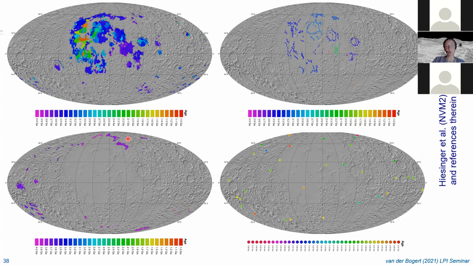You can also, for example, look at the distribution of light plains and their ages, with the aim towards trying to figure out really what the origin of the light plains is. Are they all originating from a single basin impact? For example, do they all originate from Oriental ejecta or Imbrium ejecta? Or do we have a mingling of material that's basin ejecta from many different basin impacts? And then you can see that here,